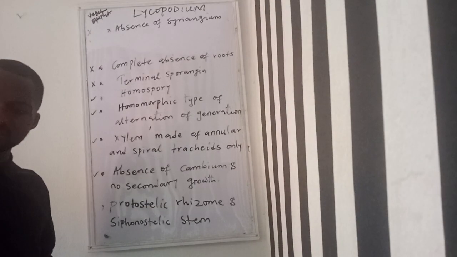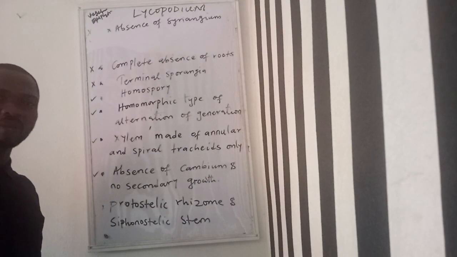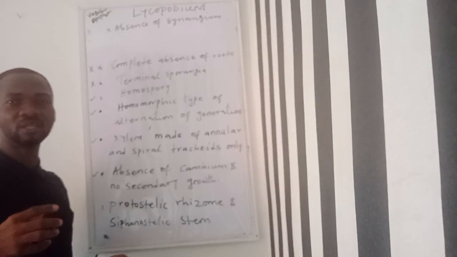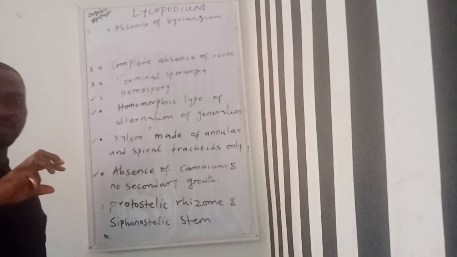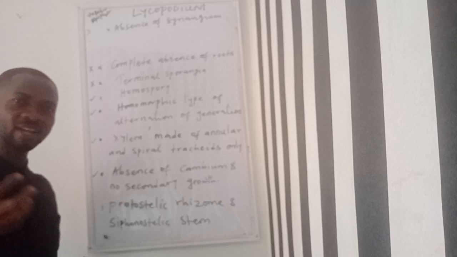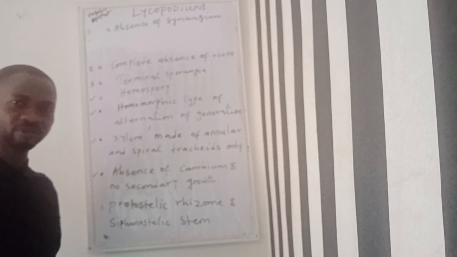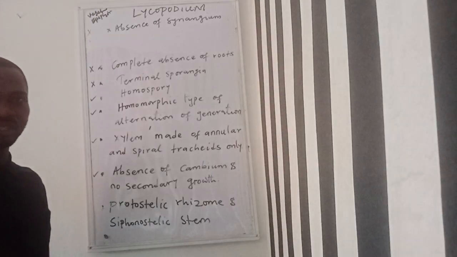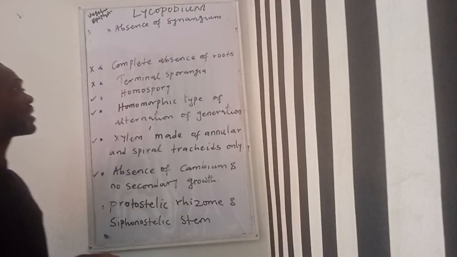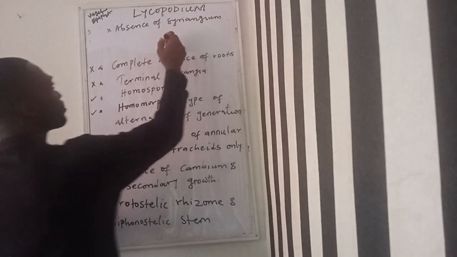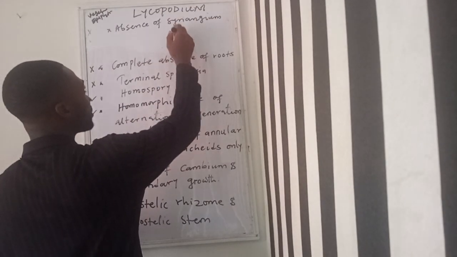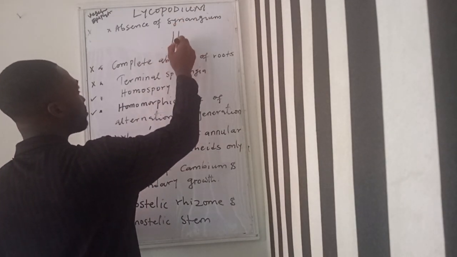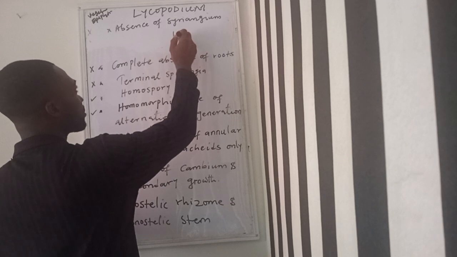Since there is absence of synangium, that means that the sporangia are borne on the sporangiferous spike and on the sporophyll. What do I mean by this? There is what we call a reproductive branch in the case of Lycopodium. And this reproductive branch,